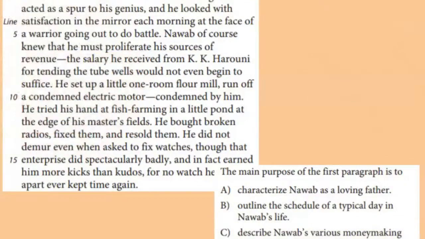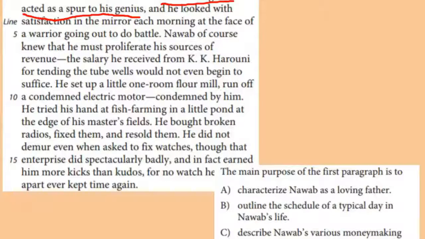Sometimes we can learn just as much from a question by what the answers are not as what the answers are. So let's go ahead and talk about why the other choices, A, B, and D, are not the correct choices. As we look in the passage, we see this right here, that his 12 daughters acted as a spur to his genius. In our minds, we read that and we're thinking, oh, that means that he's a family man, that his 12 daughters are the reason why he desires to work so hard.